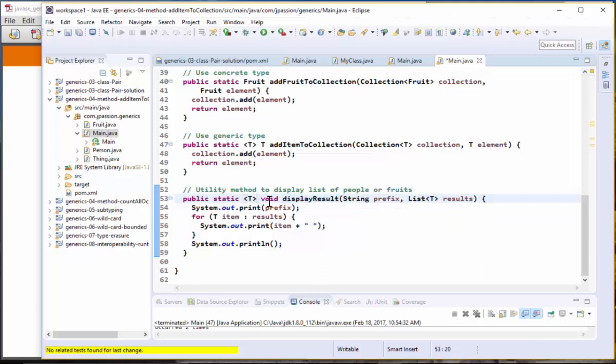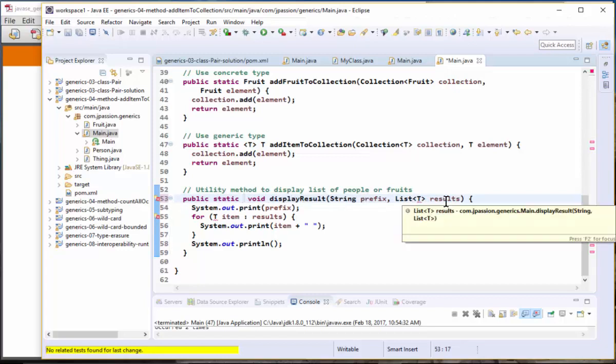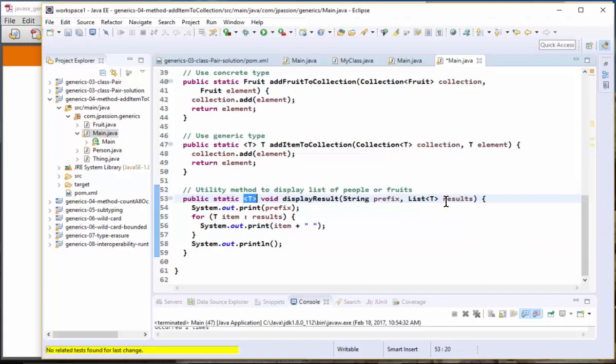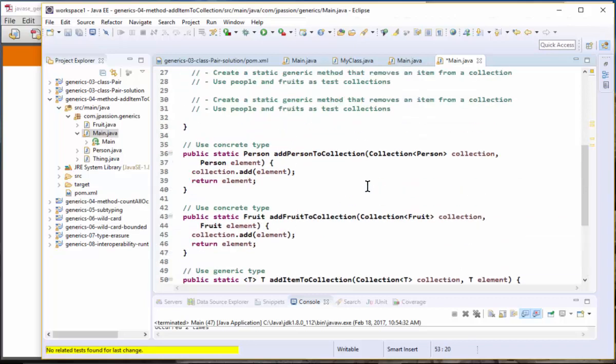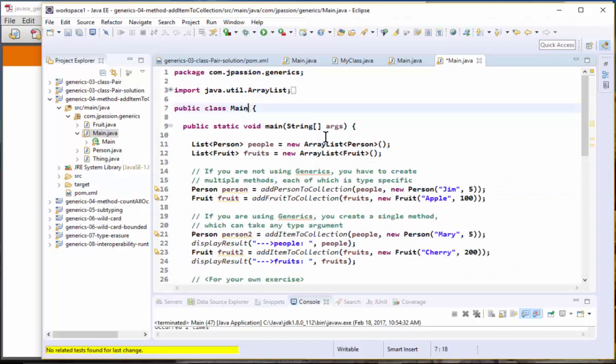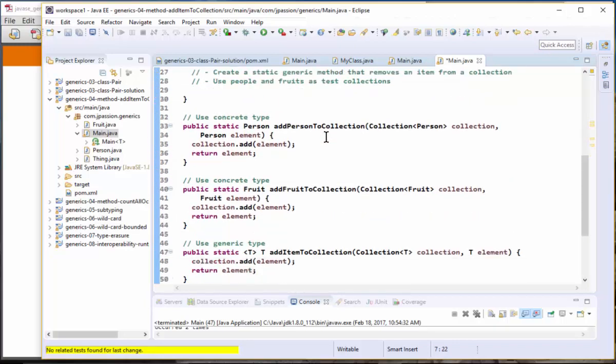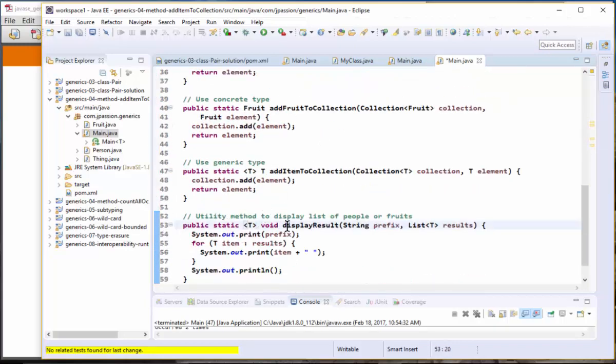But again, if you miss this T notation here, it's going to actually consider this T as a regular type. Okay, so you have to make sure for a generic method, you have this T notation on the method level. Now, if you say the main class is a T, like this, then you don't have to have this guy because T is now considered as the type,